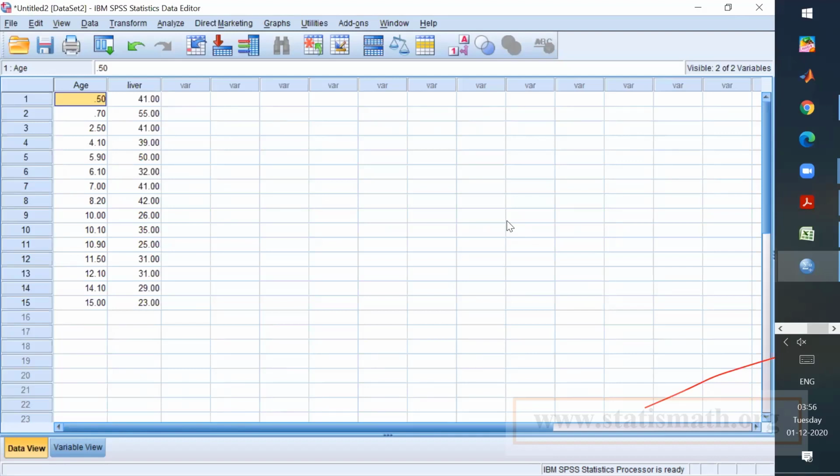Mine just copied. It's not copying the values from the Excel sheet. In that case, sometimes it may not work. What you need to do is place your cursor here and left click it, and there will be a paste sign. So just paste it. Same thing, it's not coming? That means you didn't copy it properly. That's the problem, so just select it again.